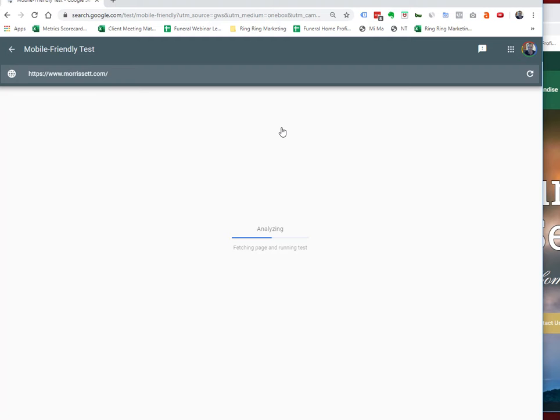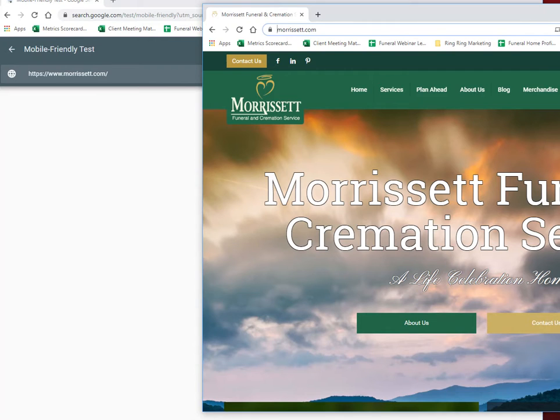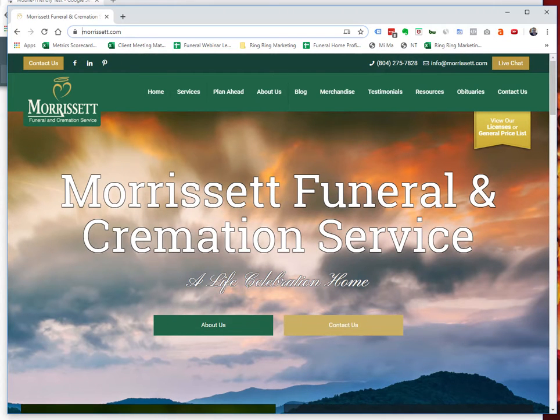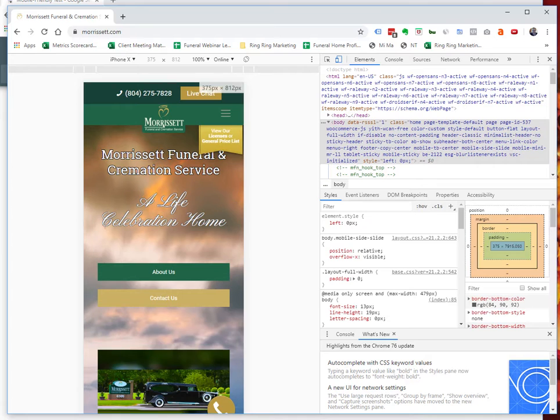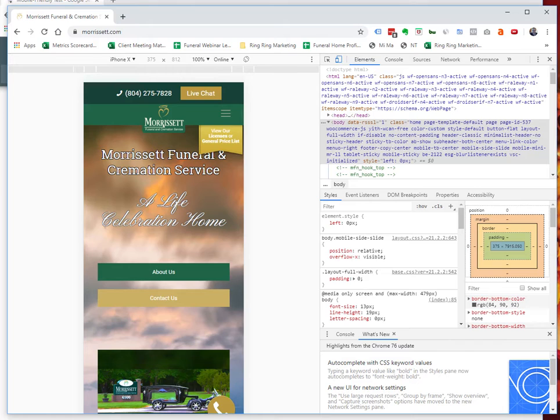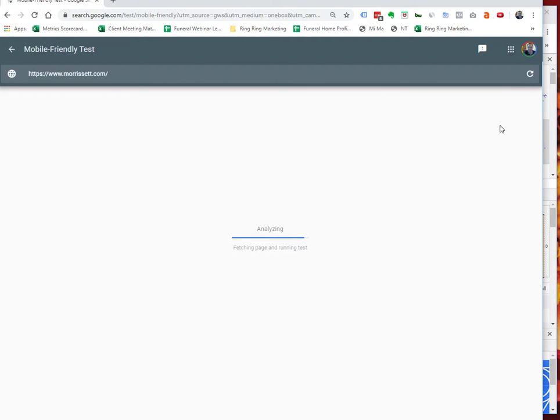However, even if it comes out to be mobile friendly, that doesn't mean that it is converting. It is high converting on mobile devices. Mobile, again, is so critical since it's such a small screen. You've got to make sure the call to action sticks at the top, so that people can just call you by tapping this or by tapping this down here. So the click to call or tap to call will be super critical on mobile devices. So this is still running. So make sure